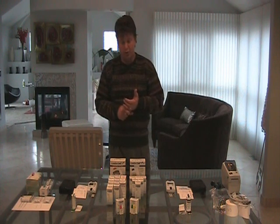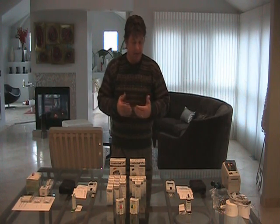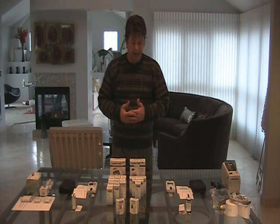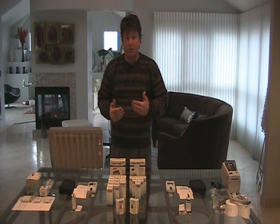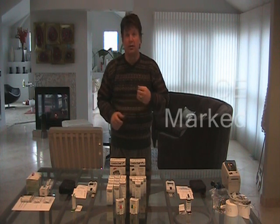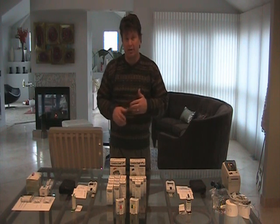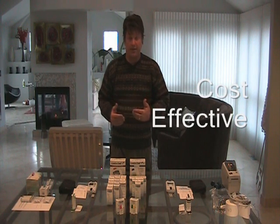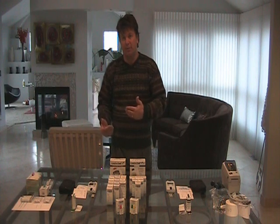In fact, the cholesterol reference laboratory network has certified this to have the accuracies necessary for being certified by that lab network. It is CLIA waived, and both analyzers are CLIA waived, so you don't need any special professional certification or any certified training courses to run these. It is CE marked, which means that both analyzers and the test strips, the whole system, conform to the standards of the European community. And it is very cost effective. One of its biggest selling points is that it's a very cost effective solution for both home users and